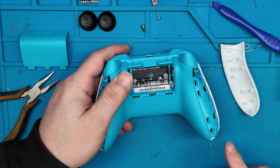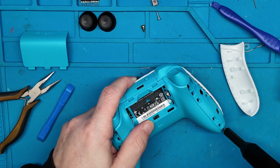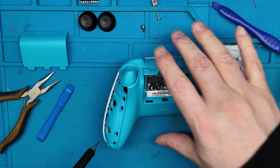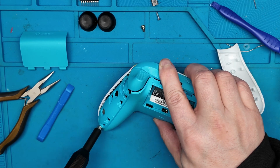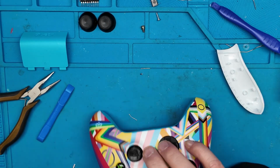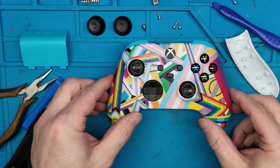I just realized we actually have two more screws. There's one down here and one down here. So we're going to take those out now. All right, we got those two screws out, so now we should be able to turn the controller over and